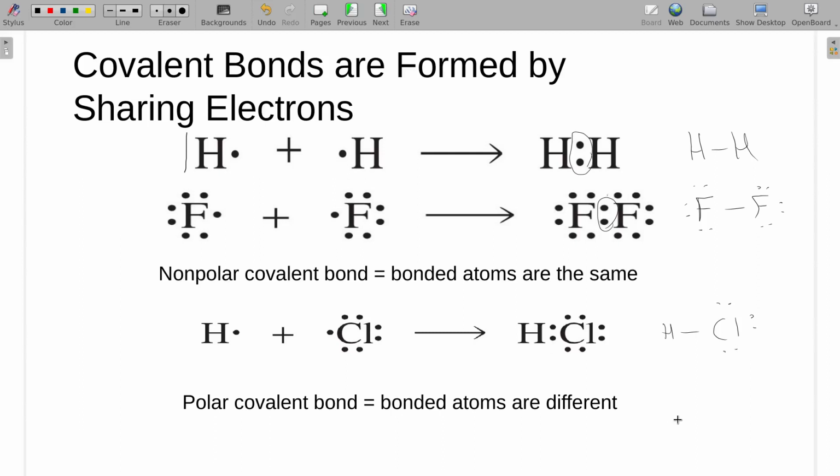All right, but the reason we're showing this differently is because we're showing covalent bonds and how they can become polar, which is when the electrons are not being shared evenly. So our 2 up here, where they're both the exact same atoms, those electrons would be shared very evenly, and we would have more of a nonpolar bond. But HCl, because of the electronegativity difference, the chlorine would get the electrons more, and we'd have a polar bond. We typically get polar bonds anytime the atoms are not the exact same.